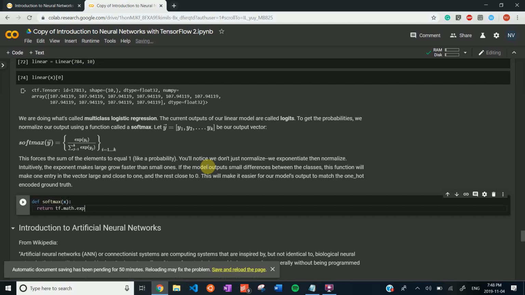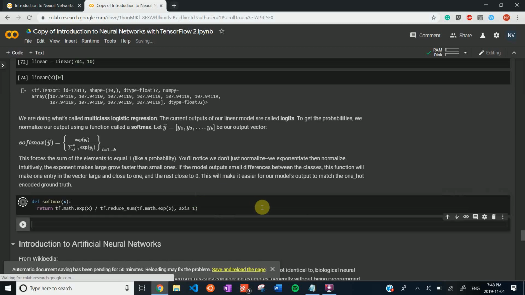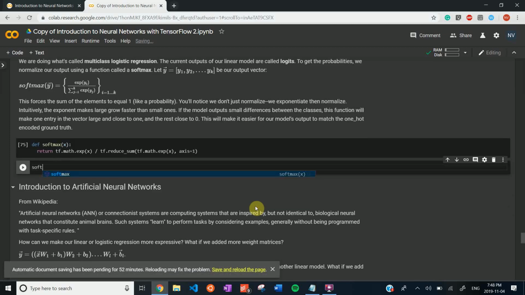We have an exponent function in TensorFlow, and then we're just going to take the sum of all the elements. We're doing axis equals 1. If you just do a reduce sum on a matrix, it's going to take the sum of everything in the matrix. When we say axis equals 1, we're taking the sum of each of the rows, which is what we want here because we're only worried about each example. And so if we do a softmax on our linear model,